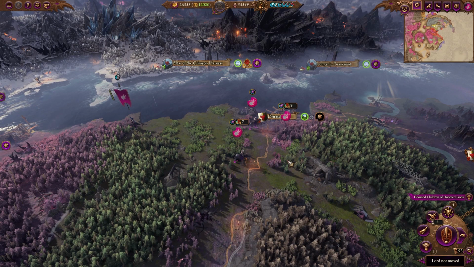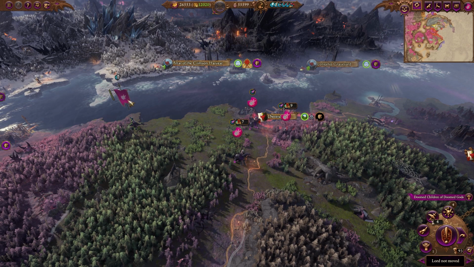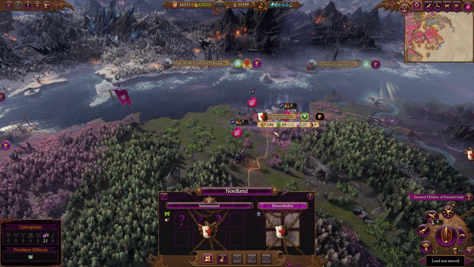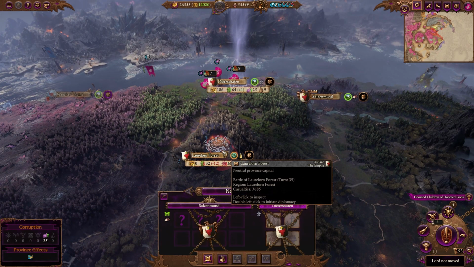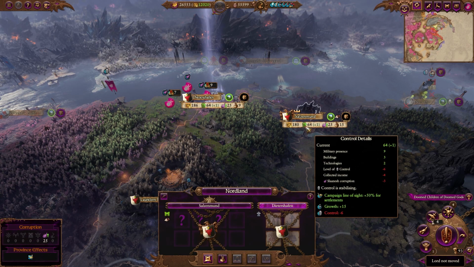Here we have a situation where we can take advantage of multiple mechanics at once. If we look at this province, we can see that we have artificially raised the corruption in this region, just enough to be able to spawn a disciple army. And while this army is more than capable of taking this settlement by itself, we also have some other concerns in the region. So we have this province here, and this settlement, which is the province capital, has a sizable